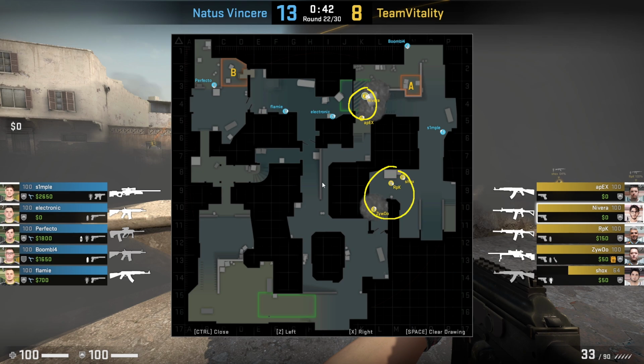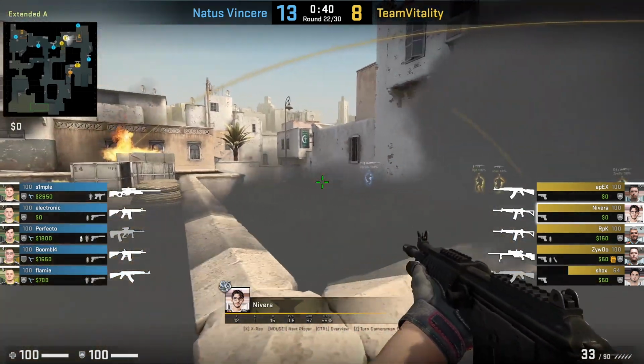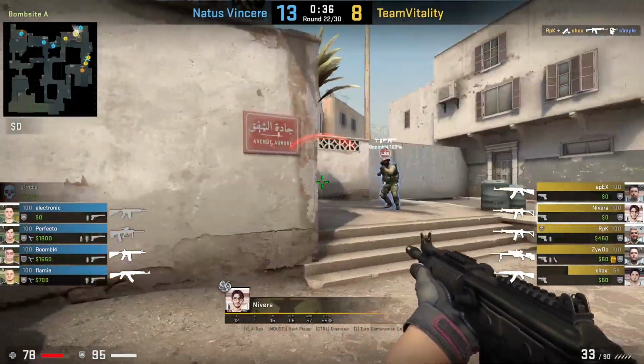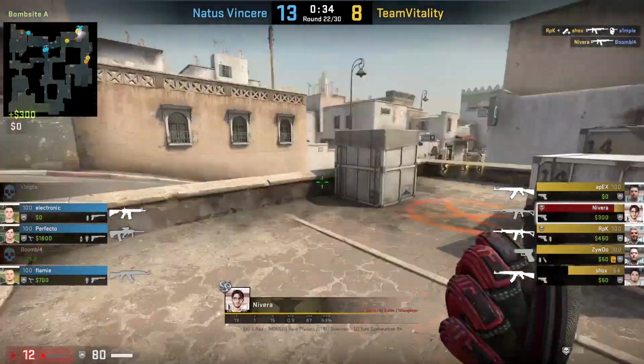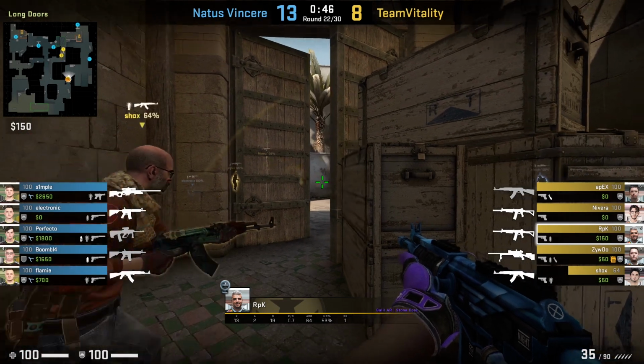And what they're doing is pulling loads of attention away from long as these 3 players from long explode out and try and gain some ground. And on this occasion, Simple, his attention's been diverted. They get the frag onto him, and this is the cue from Nivera to push up and finish up clearing out this bomb site. So with RPK, we're going to see how as this fake comes in towards Catwalk, they're